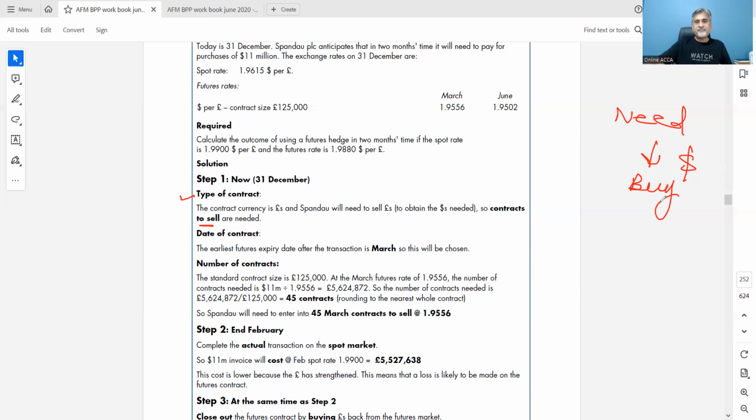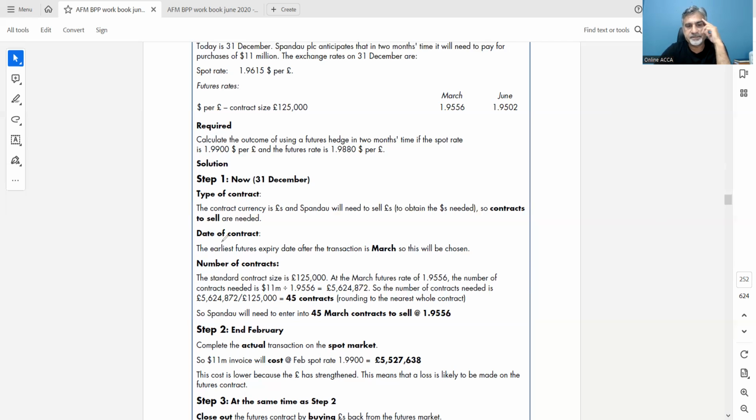If I've got a car and I need cash from someone, what is the contract? The contract is I'm selling my car. The contract is not to buy the cash. I'm selling my car, so I'm selling my sterlings. This is what I have. I cannot have a buy dollar contract, I mean, I don't have dollars with me. I've got sterlings with me. You only buy or sell something which you have. Anyways,